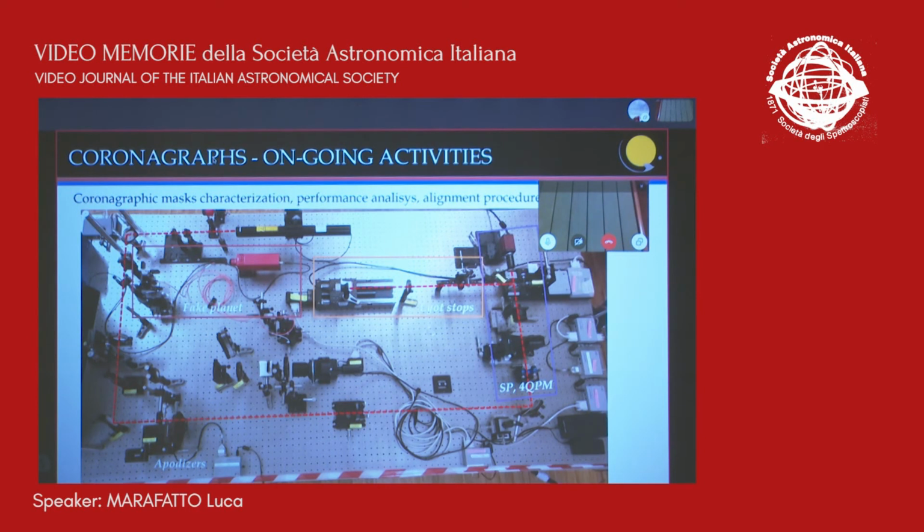So in order to gain some experience in aligning this coronagraph and learn how to interpret the results in advance, we set up an optical bench provided with 2 pupil planes and 2 focal planes, as it will be in SHARK-NIR. But to ease the alignment process, we have used visible monochromatic light at 633 nanometers and lenses instead of off-axis parabolas. So of course the lenses have been chosen in order to have the same PSF dimensions that we will have at the working wavelength on the SHARK-NIR bench